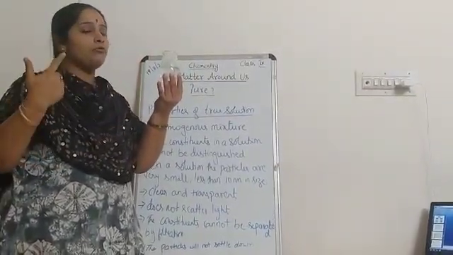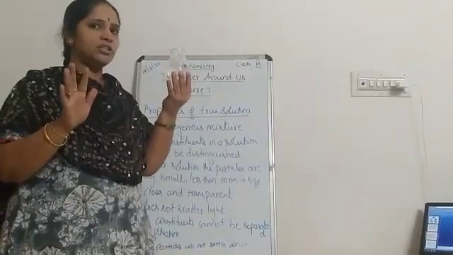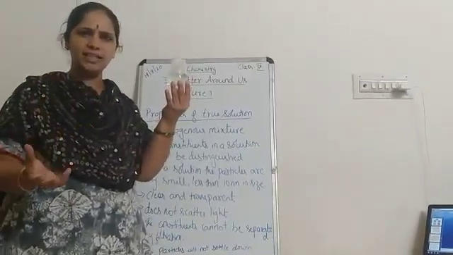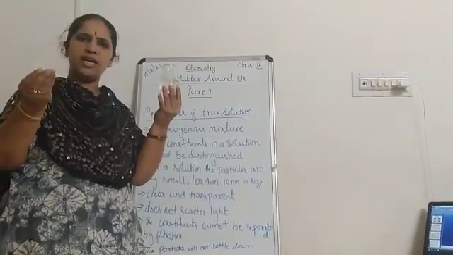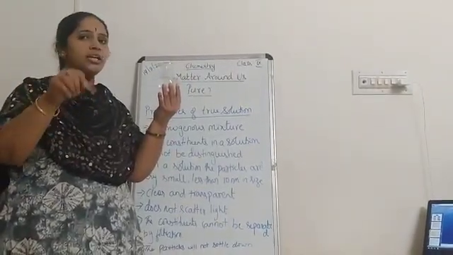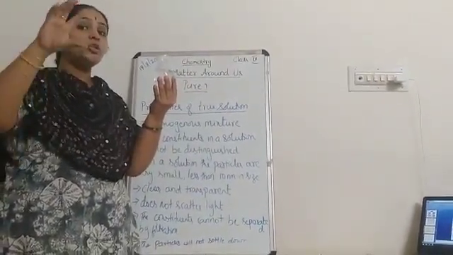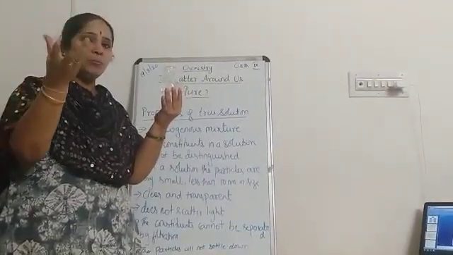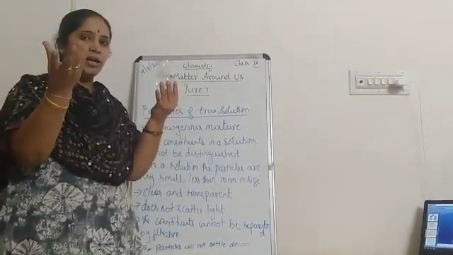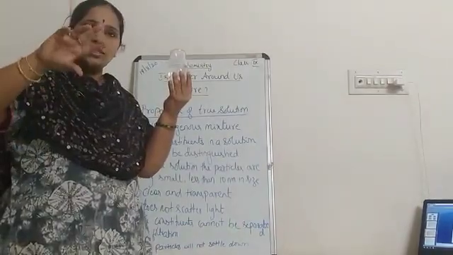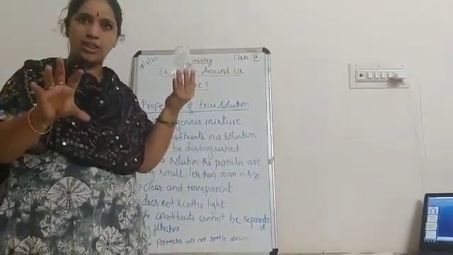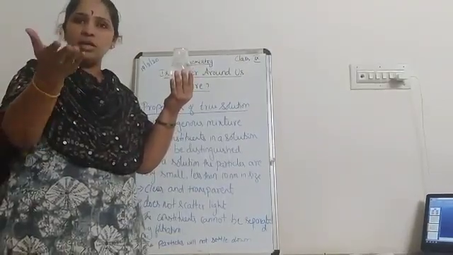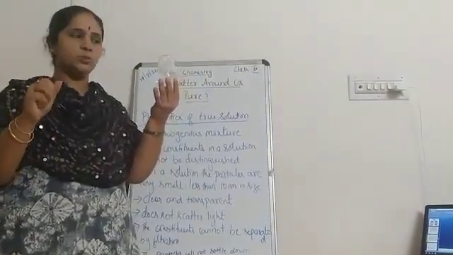I'll give an example of one more mixture, a heterogeneous mixture, which I think you have already seen. If you want, you can try it at home. Take a little mud or sand and put it in water. You know that sand cannot dissolve in water. You can see the muddy particles settling at the bottom after some time. You can see two different layers in the case of a suspension. Suspension is nothing but muddy water. That's an example of a suspension.